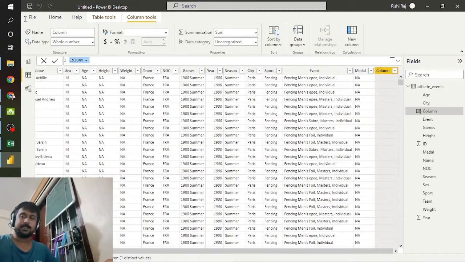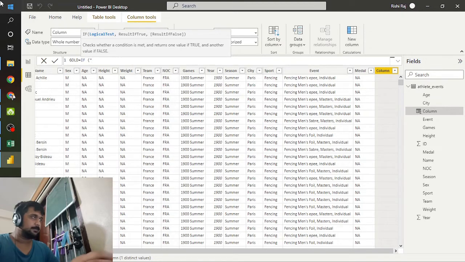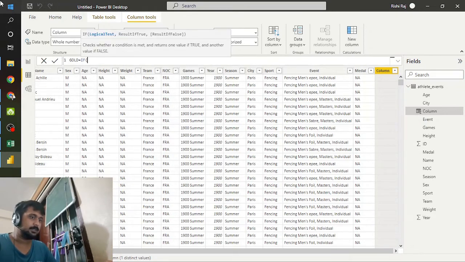So for the gold medal, you have to make the column as gold is equal to, if, we will put a bracket and write the athletic... it's not showing. So we'll select if